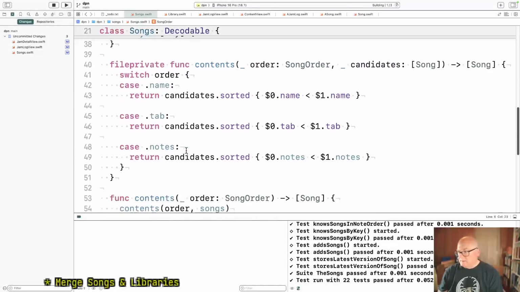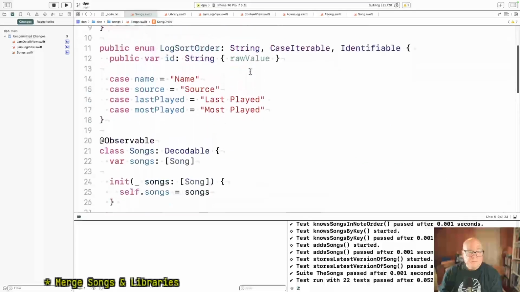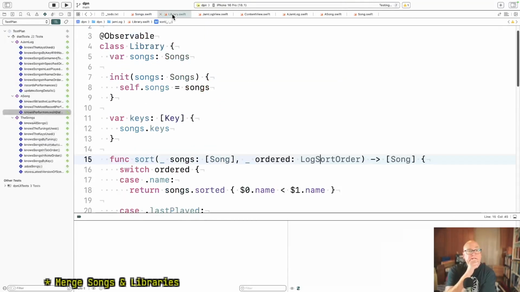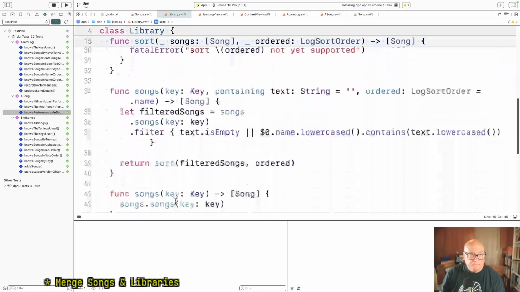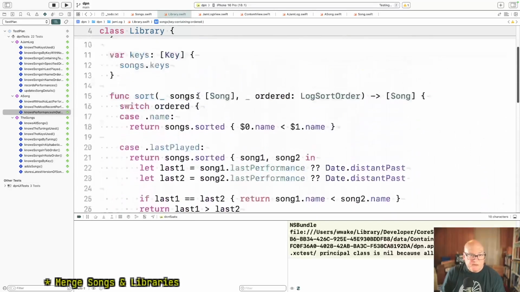But I want to move. Basically, I want to fold library and songs together. I don't know. Maybe that's what I should just do. Because everything it does. Right. We don't have the containing notion.